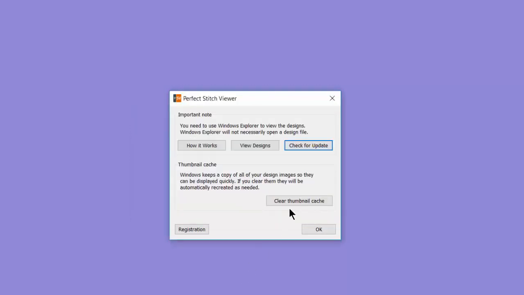We also have this button, Clear Thumbnail Cache. Let's read the paragraph. Windows keeps a copy of all of your design images so they can be displayed quickly. If you clear them, they will be automatically recreated as needed. What is really happening when you clear thumbnail cache is a disk cleanup. It's cleaning out your temporary internet files, recycle bin, etc.,